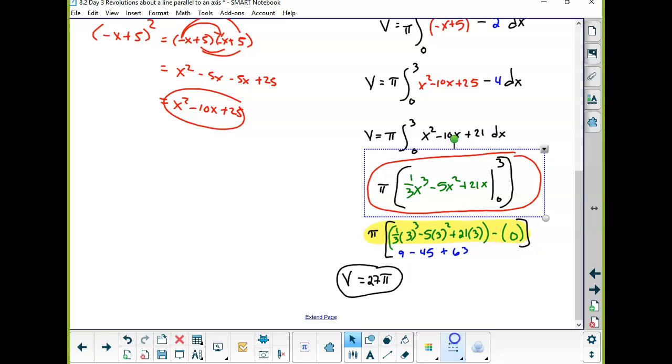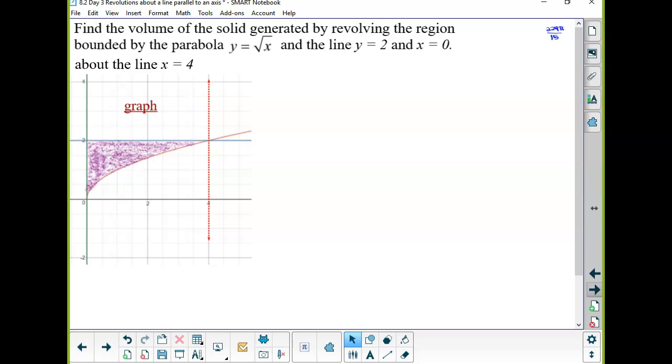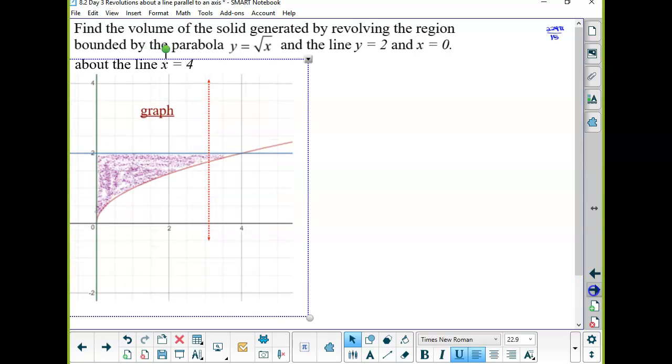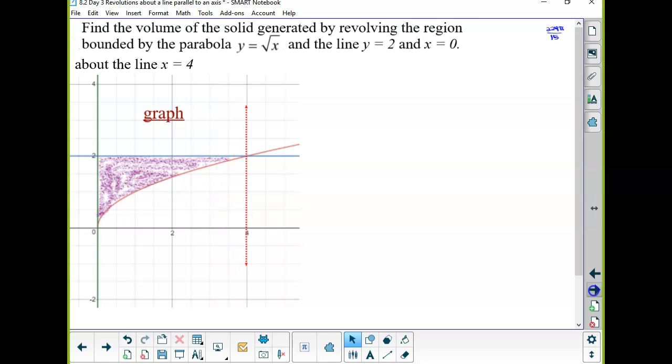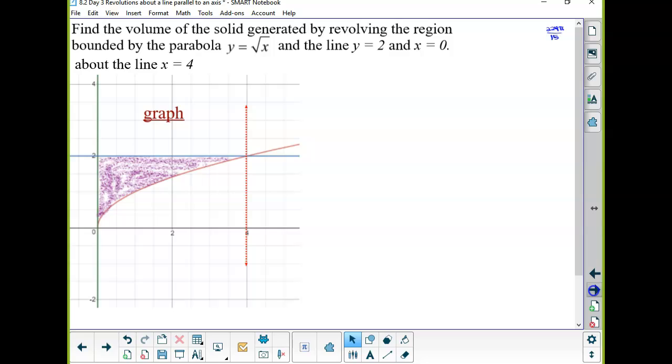So, okay, let's look at this one. What happens now instead of revolving around a line parallel to the x-axis? What if I revolve around a line that is parallel to the y-axis? So you don't have to write all this. Let's just sketch a graph, but our goal is to find the volume of the solid generated by revolving the region